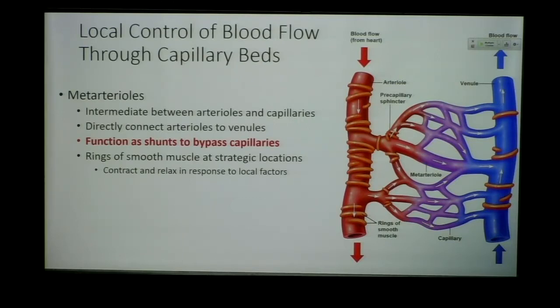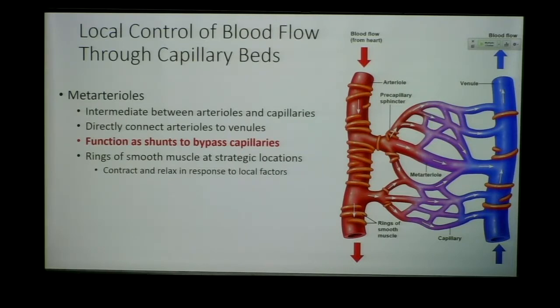There are rings of smooth muscle at strategic locations in the meta-arteriole, and they can relax or constrict, and that will regulate the flow to the venule or to the capillary bed. So when the meta-arteriole smooth muscle contracts, that is going to shunt blood into the capillary. So it's going to be the opposite of what we've been seeing so far. Constriction of the smooth muscle wrapping around the meta-arteriole shunts blood into the capillary, whereas relaxation of that smooth muscle shunts blood to bypass the capillary and go directly to the venule, completely bypassing the